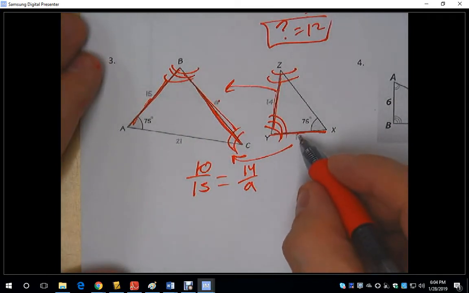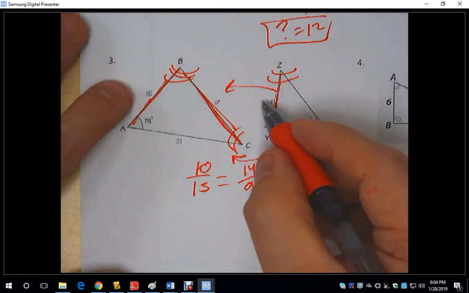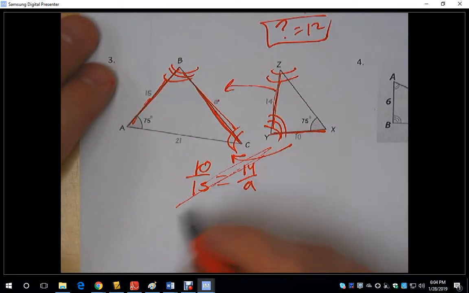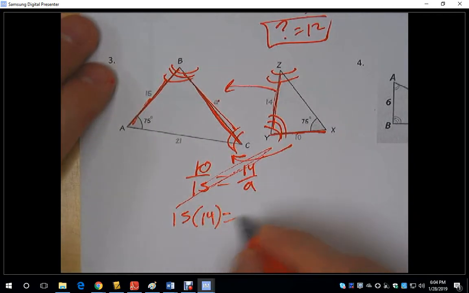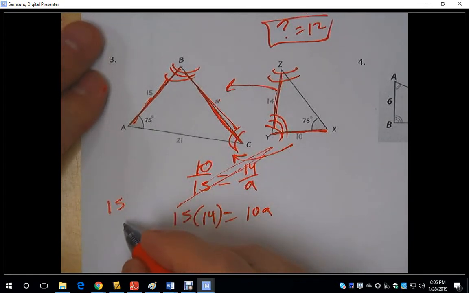So we have 10 is to 15 as 14 is to A. So we're going to use cross multiplication. We're going to multiply this way. I have 15 times 14, and that equals 10 times A. Well, 15 times 14 is going to give me